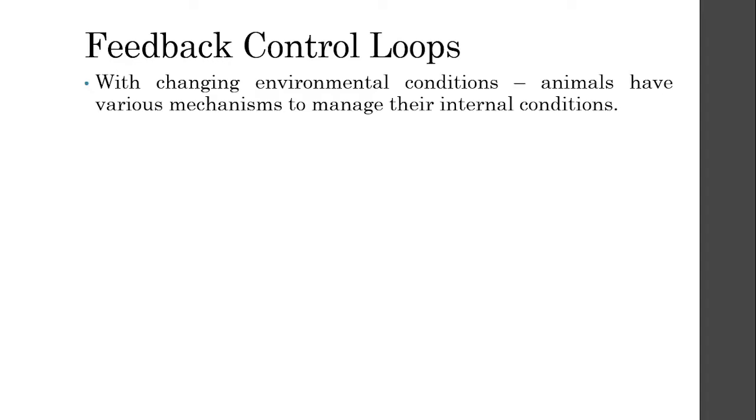Feedback control loops are basically a circuit. You can think of it as a circuit or a pattern that the body employs in order for our internal temperature to maintain a certain homeostasis. You may be familiar with the word homeostasis, but we will discuss that later on. But this is necessary because basically, as we live on this earth, we know that the temperature or the environmental conditions wherein we live actually changes.